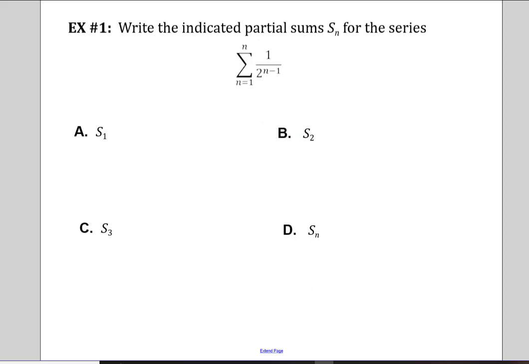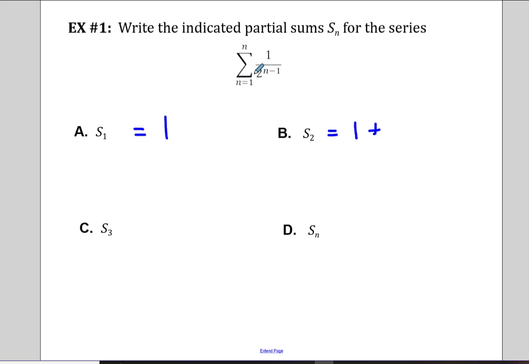Let's look back to some previous courses. If we want to write the indicated partial sums for the series, s sub 1, we would substitute 1 for the n in this a sub n term, and we'd get 1 over 2 to the 0 power, which is 1. If we want to find s sub 2, or the partial sums for the first two terms, that would be 1 plus adding a 2 here,